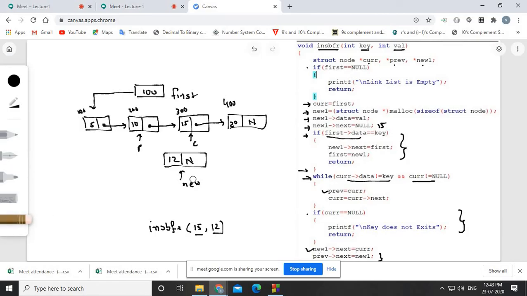So where is new one point to next? New one point to next is this. This is equal to current. So current is on what? 300, right? So here what you have written is 300. So this link is established like this. Okay,